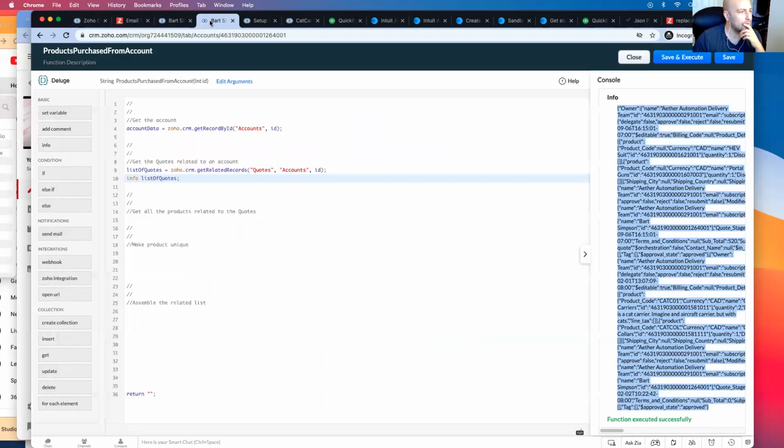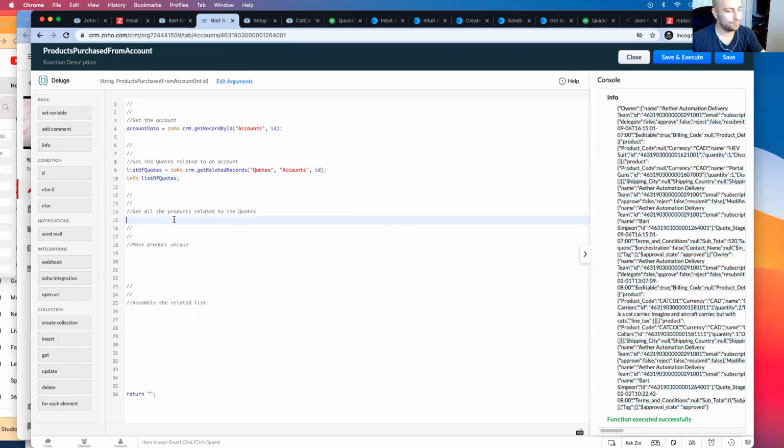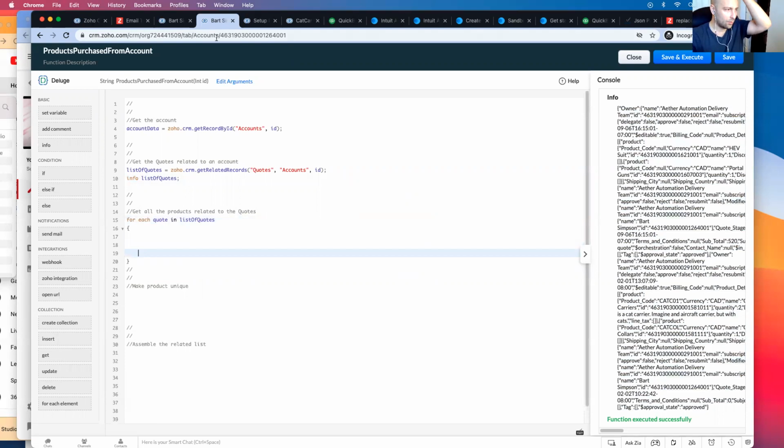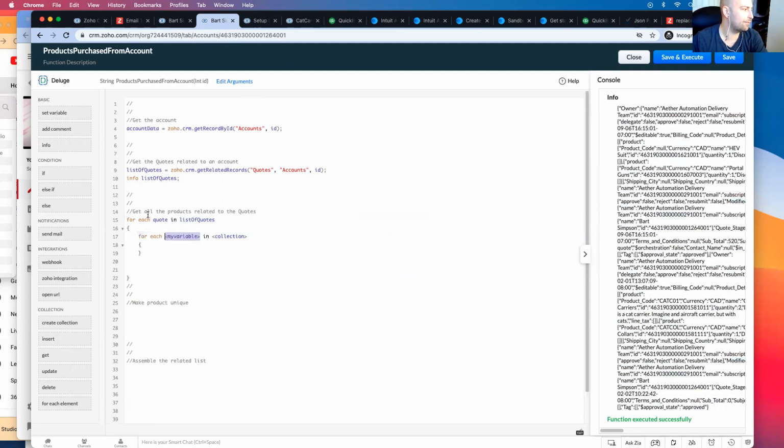So let's do that. Get all the items. So let's go for each element. And the elements is the list of quotes. And for each quote in list of quotes, what do we want to do? Well, we want to say do another one of these, because in each quote, so we're going to go through each quote, but within each quote, there's line items for each product. So we also want to go for each, and let's grab this quote, and let's say